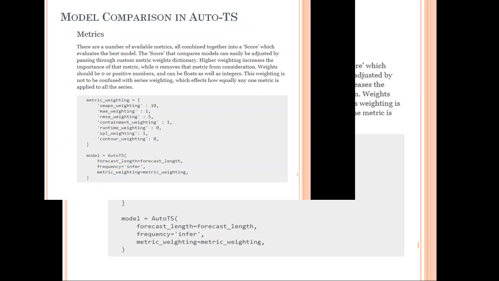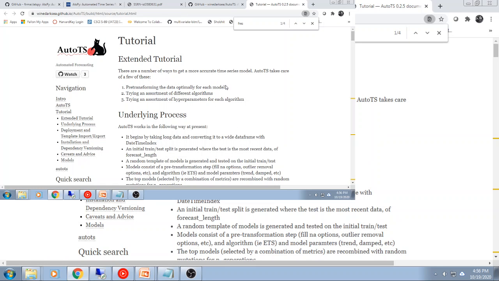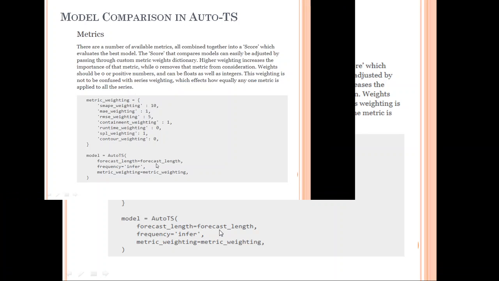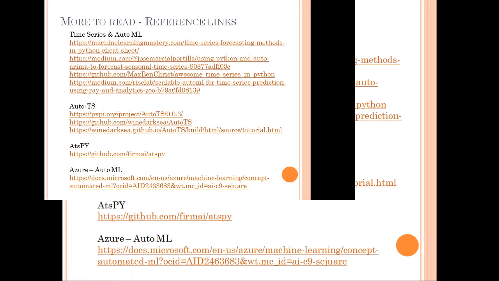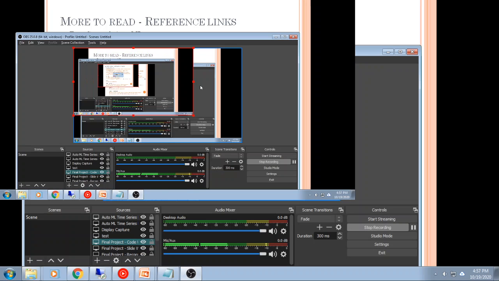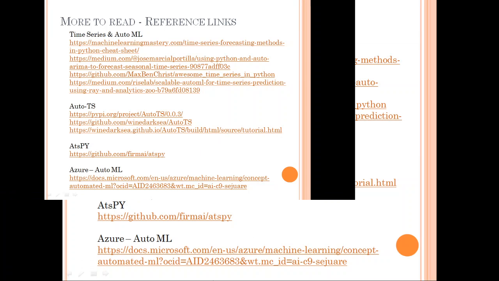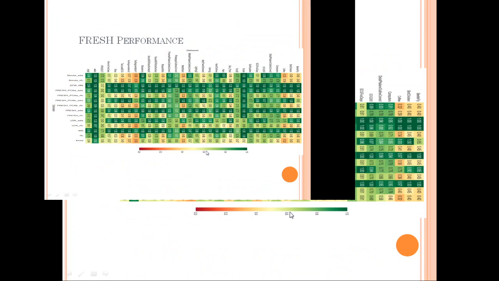So these are the top features of the AutoTS and the AtsPy. I can definitely go into more detail, so you can go over the web links which I have provided at the end of the topic. You can go over all these web links, the AutoTS, AtsPy, Azure ML, and more on time series and AutoML. I hope I have tried to cover as much as I could,